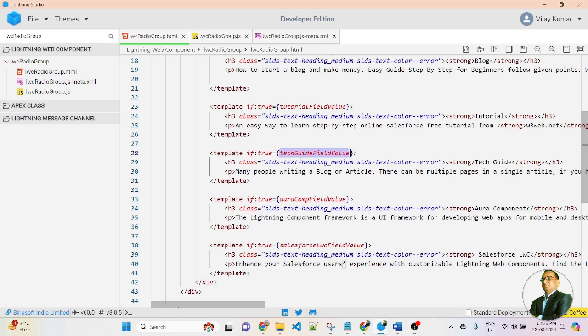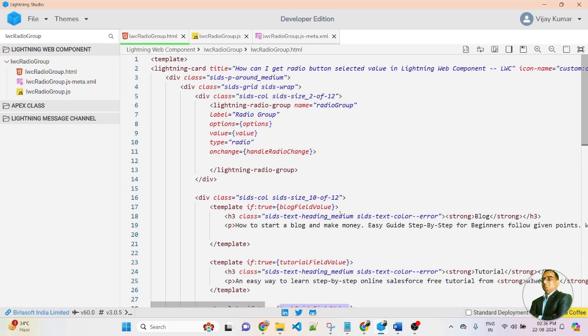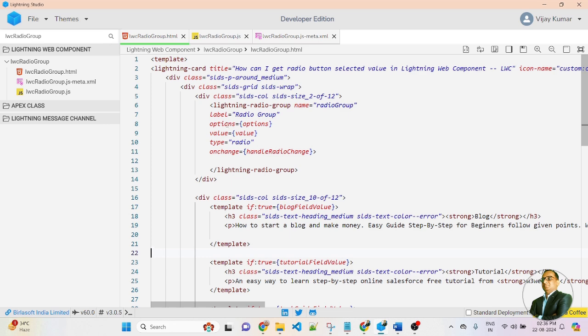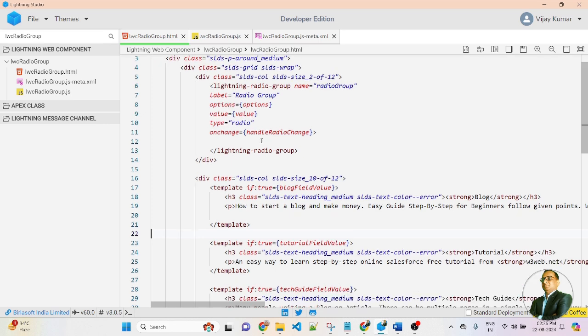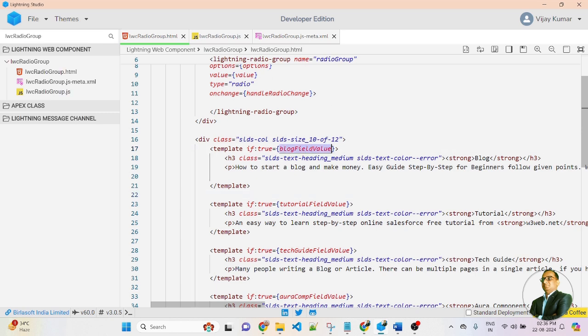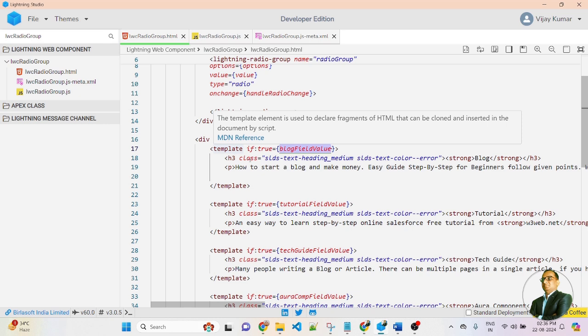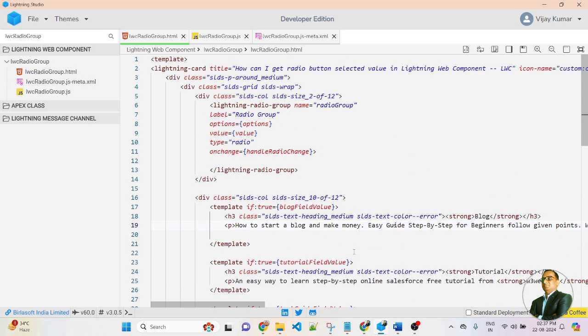So once its variable gets true, then inside the template the data will be visible. Based on the onChange function, I will pass the attribute value here. If I select the radio button, I will get the value, and based on the radio button value, I will be passing the data of the attribute value here. Once selected, the selected radio button value will be checked and passed here, and we will make the data visible inside the template element type.